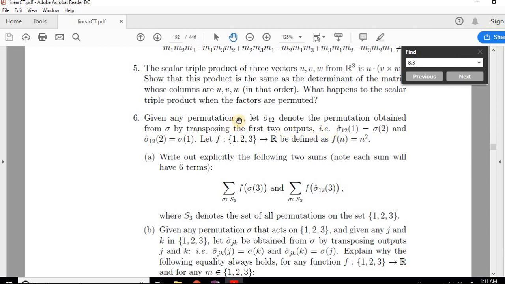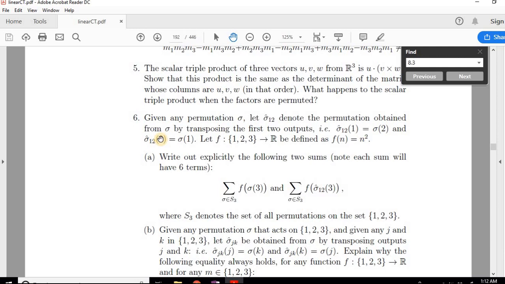So remember that sigma is a function. Sigma is a function acting on the integers, scrambling the integers. But the scrambling that's accomplished by this sigma hat 1, 2 differs from the scrambling of sigma. Basically, whatever sigma of 2 is, becomes what sigma hat 1, 2 of 1 is. And whatever sigma of 1 is, sigma hat 1, 2 of 2 becomes. So